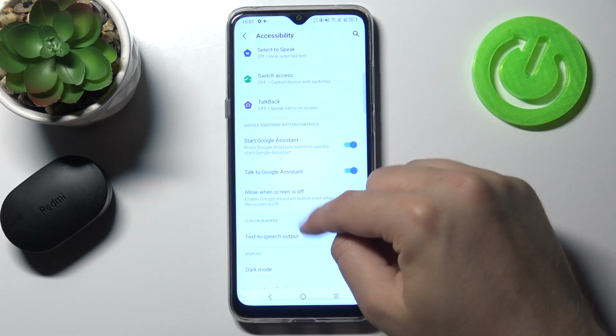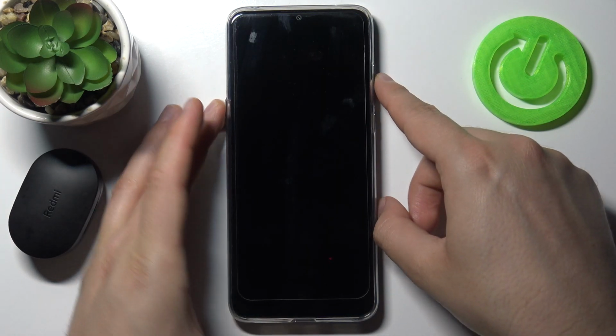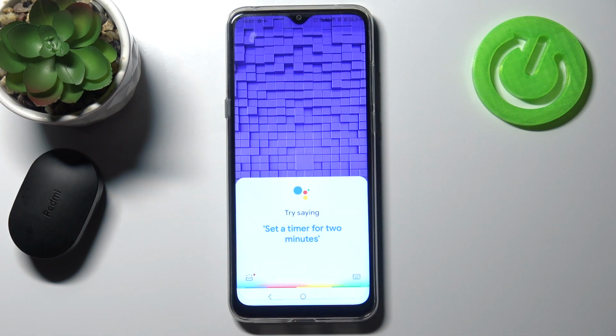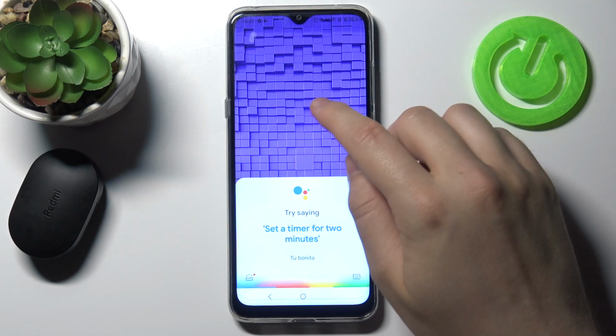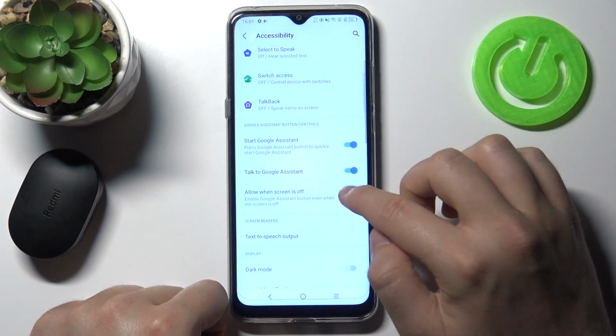And we can also activate this option when the screen is turned off. Take a look. So when you press it, Assistant is activated. And if you want to get rid of that, turn it off, and just tap on the